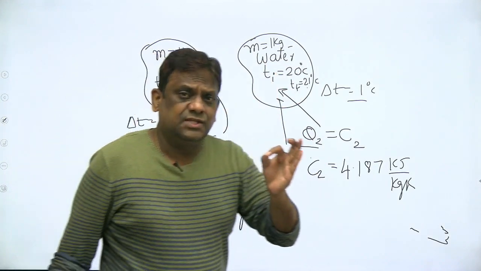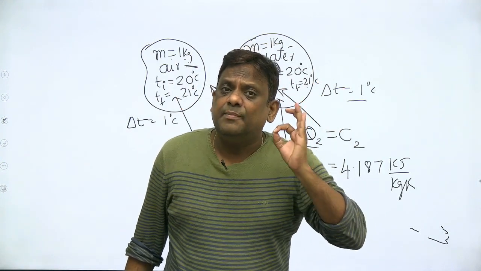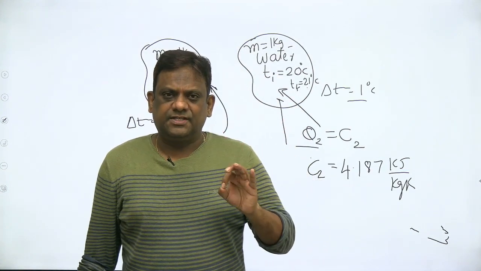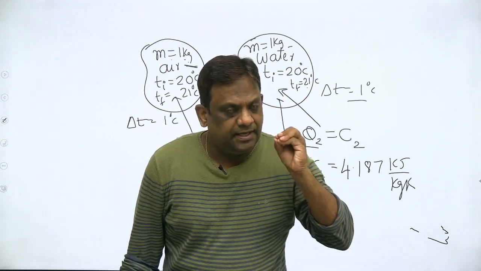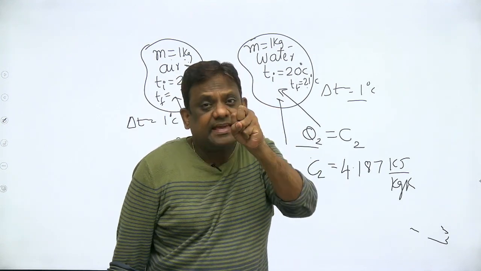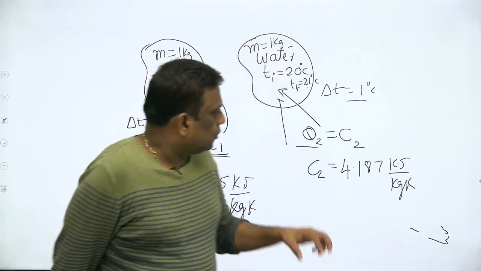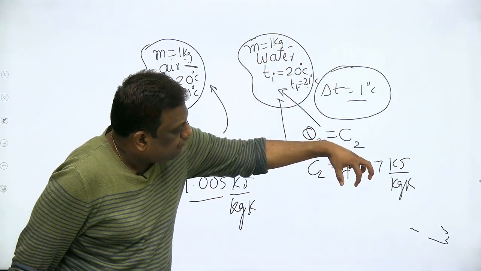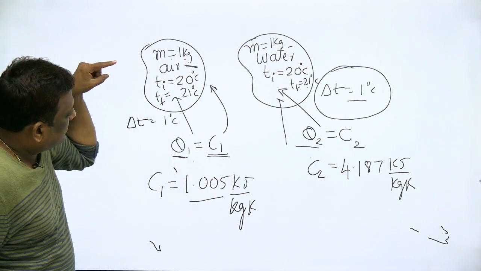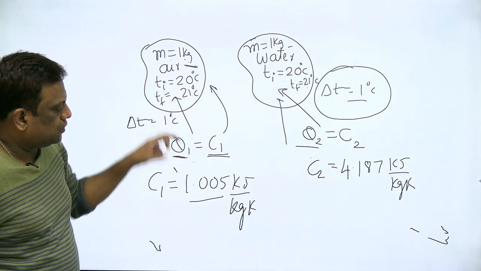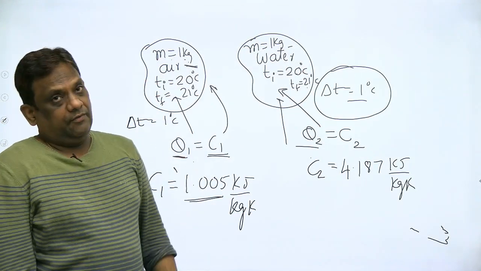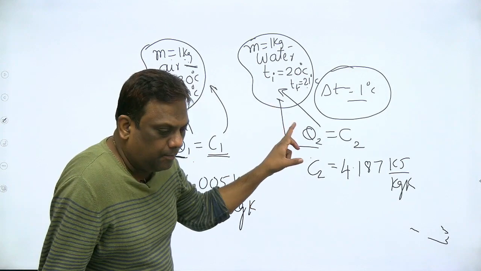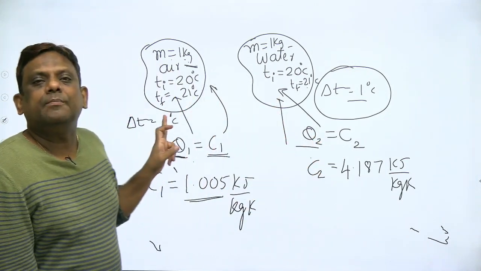So when someone asks you in an interview, what is the physical meaning of specific heat? If you give the answer which I tell you now, they will be very much impressed. Specific heat actually represents the heat absorbing capacity of the fluid. For bringing 1 degree difference on 1 kg, it requires 4.18. And for bringing the same 1 degree difference on 1 kg, it requires only 1. So one is absorbing 4 units and the other is absorbing 1 unit.